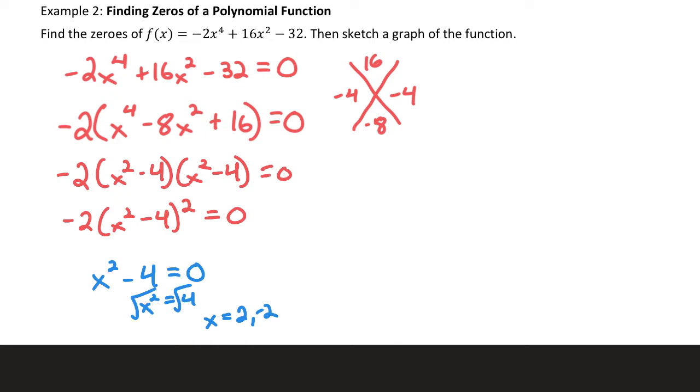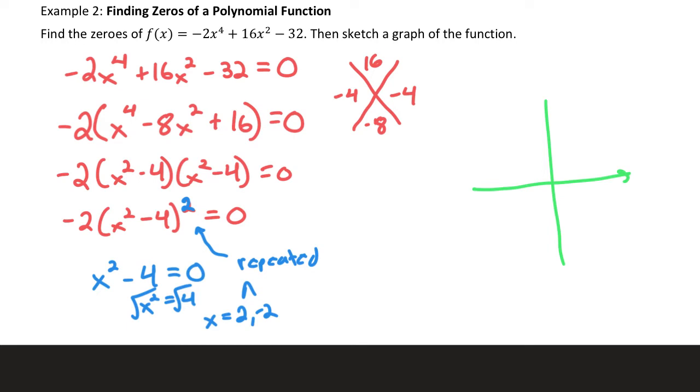So my solutions are 2 and -2, and they are both repeated, okay? And the reason they are repeated is because of this factor being squared, okay? This factor being squared means that they are repeated. So the big picture here,